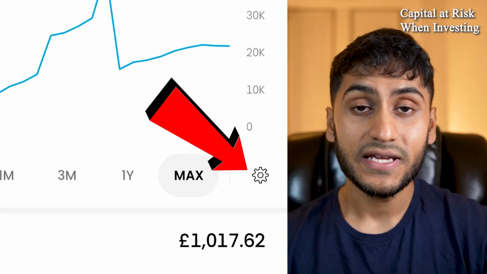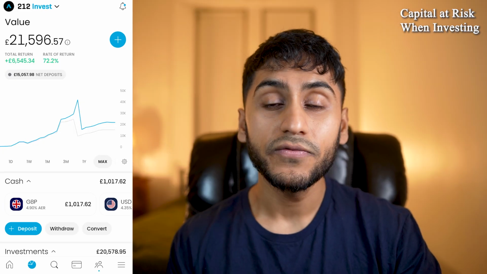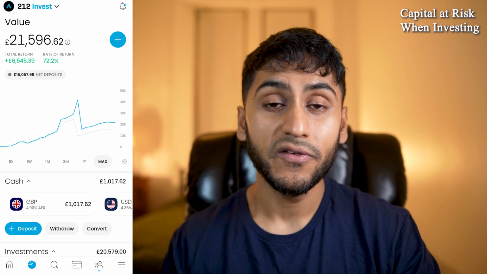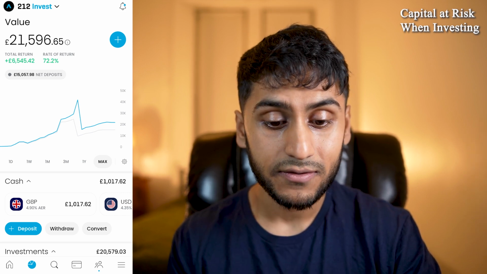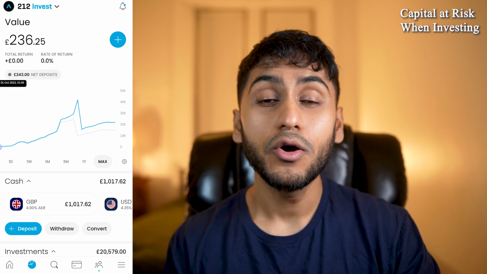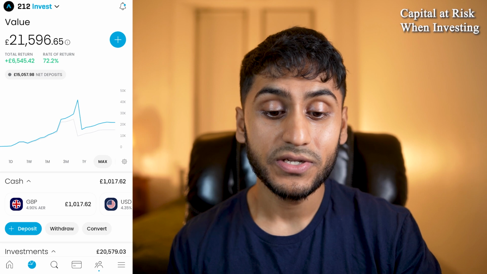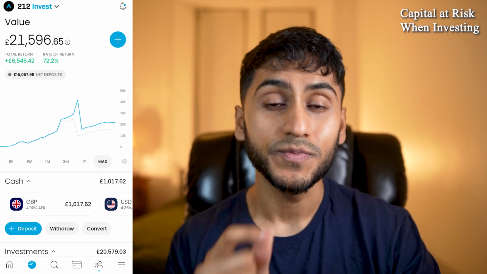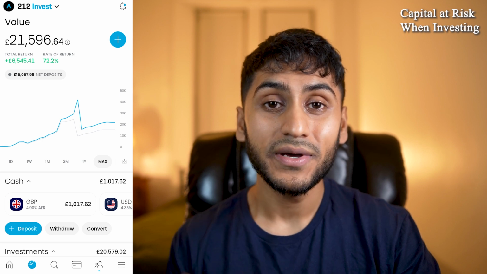So if you click the settings menu over here and then toggle net deposits, now you can see all of your net contributions, for example, what you've put in and what you've taken out. So as you can see in my Trading 212 Invest account, my net deposits have been £15,057 and the rest is my total rate of return. So since opening this account in September of 2022, my rate of return has been 72.2%,